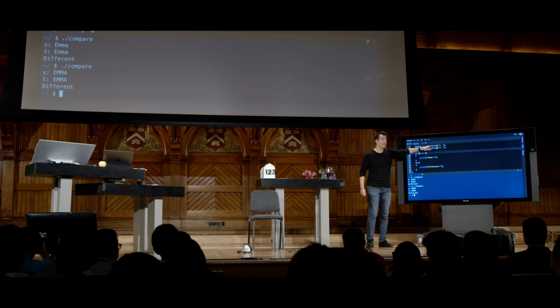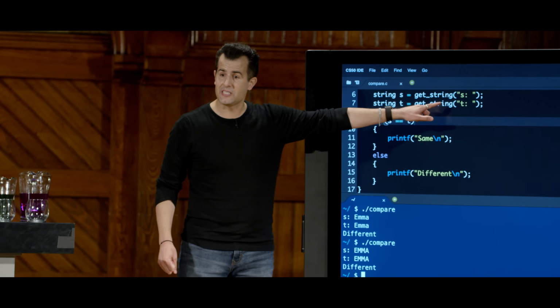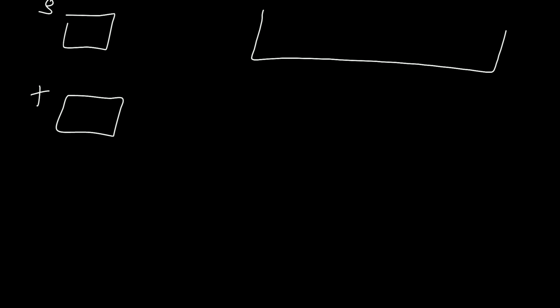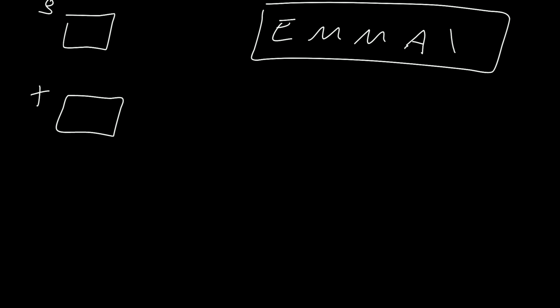So when you get a string with get_string and call it s, and then you get another string and call it t, you're getting two different chunks of memory. And yes, maybe the human has typed the same thing into the keyboard, but that doesn't necessarily mean that they're going to be stored in the exact same place. In fact, what we really have here is a picture not unlike this. If I have a variable called s, and I'm just going to draw it as a box there, and if I have a variable called t, I'll draw it as another box here, and I typed in Emma, E-M-M-A, that's going to give me somewhere in memory E-M-M-A \0, and I'll draw it as an actual array, albeit a little messily.